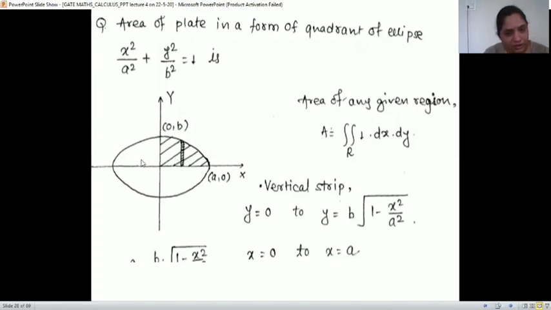Lower limit is here. This is the line y is equal to 0. Upper end is here. Here y is, you have to solve this. This is an ellipse. This is the equation of the ellipse. From this we can find y. That is 1 minus x square by a square into b square is y square. And take the square root, we get plus minus b root 1 minus x square by a square. But we are taking here plus because we are taking the positive octant, right? So upper limit is this. And then rotate the strip in this region, we get the lower limit x is 0 and the upper limit x is a.